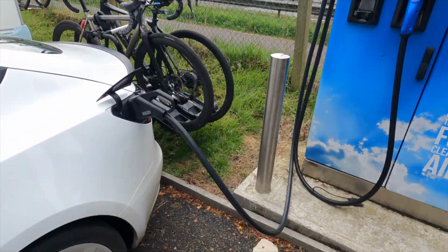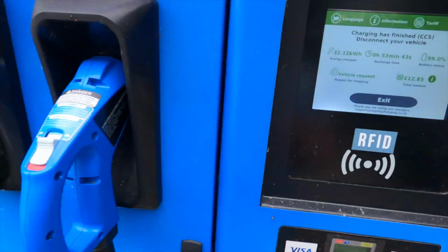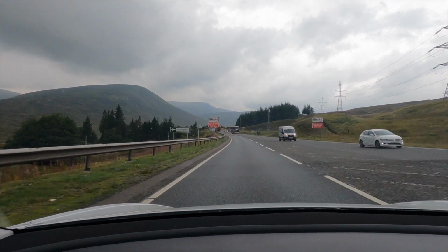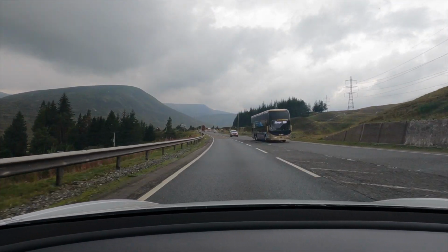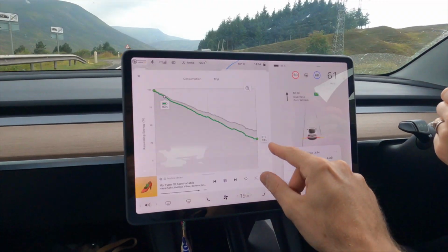So while we enjoyed our lunch, we went almost to full with the battery. And this was in theory enough to get us all the way to our destination. But this is actually the first time in 9 months of ownership that I did get a bit of range anxiety. The roads were getting increasingly remote and we knew that we were going to get to our destination with